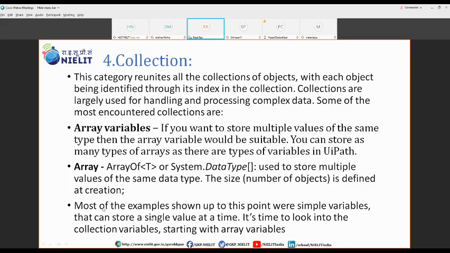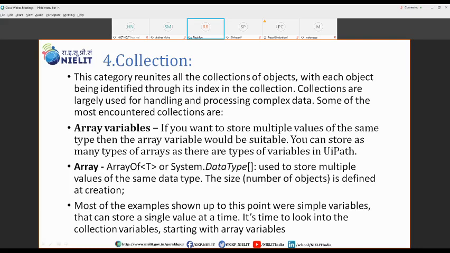And again, most of the examples that we have discussed till now are simple variables, and those can basically be used to store a single value at a time. So we'll see what is array, and then we'll see some business scenarios where we can use this array variable.